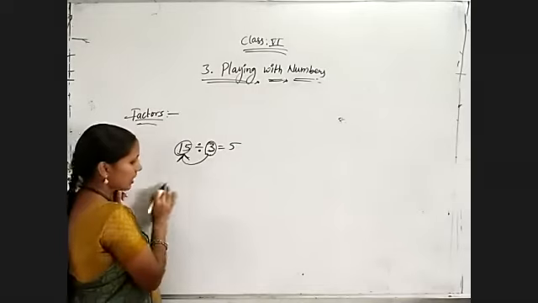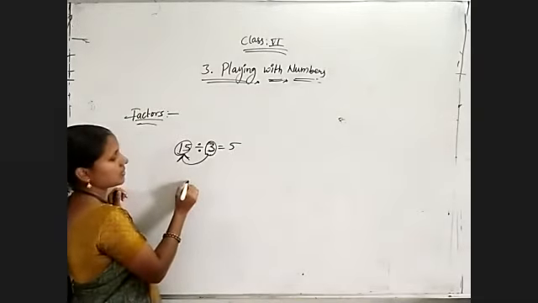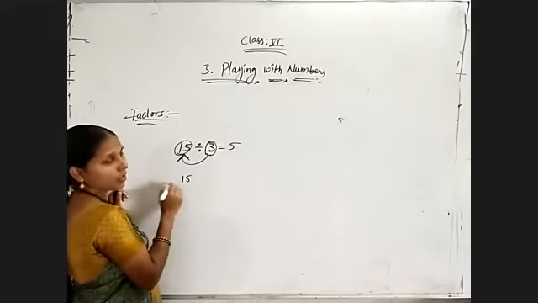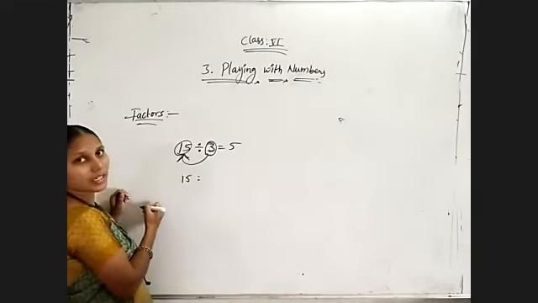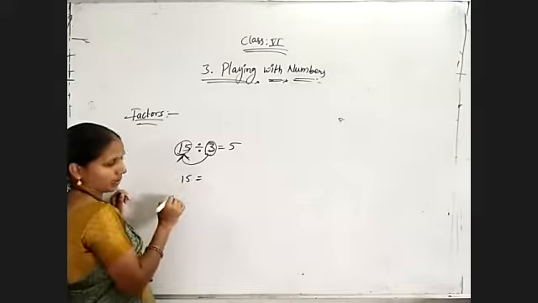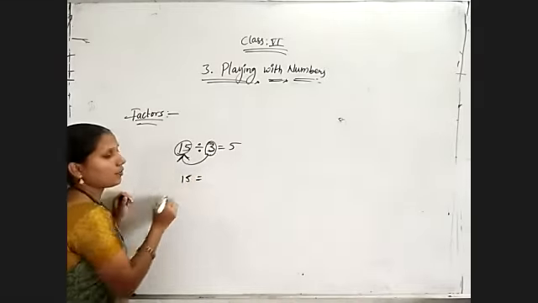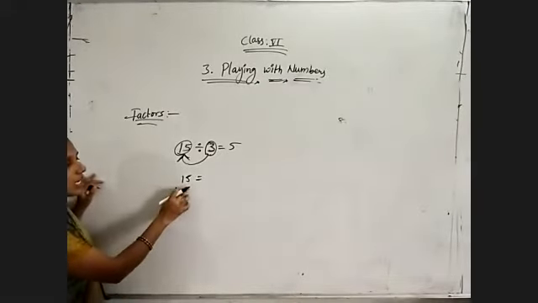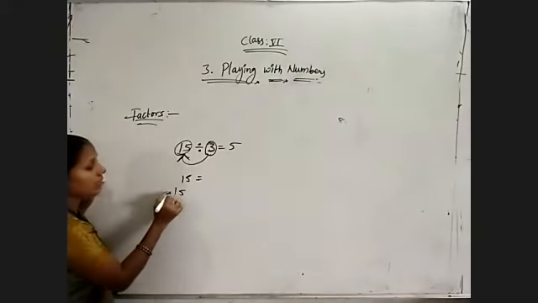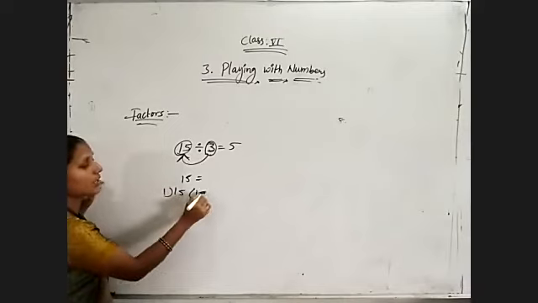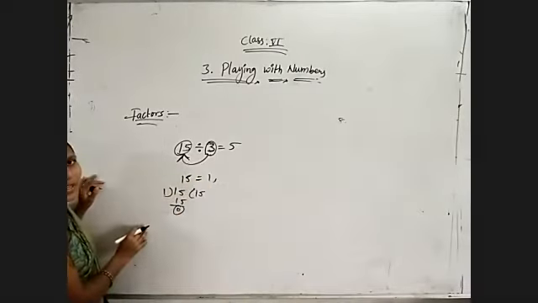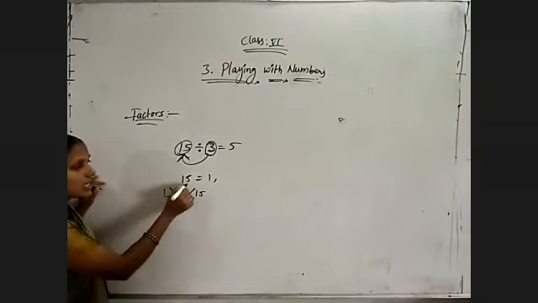Suppose I have the number 15. What are the different factors of 15? I am going to check. For 15, start with the one table. In the one table I get 15, which means 1 divides it. 15 divided by 1 is nothing but 1 15s are 15, so the remainder is 0. So 1 is a factor of 15. Check with 2. Is it divisible by 2?